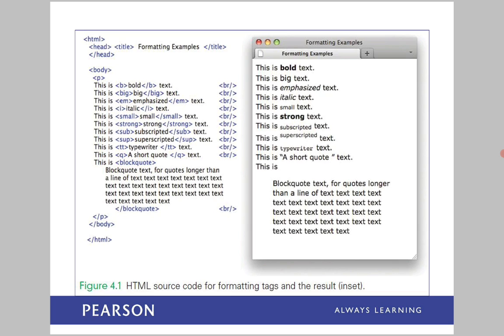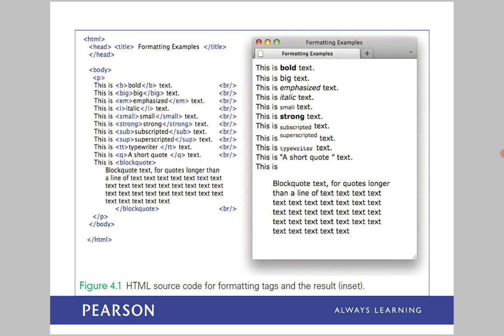Italic is another frequently used tag, generally to display some text in a curved manner. And the small tag is another standard formatting tag, generally used to display text in a small font.